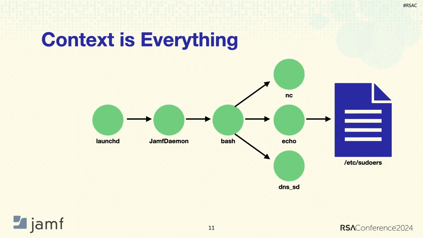However, if we expand the process tree and look at maybe other siblings of that bash shell, these also tell a story. So I can see here that netcat was run, the TCP Swiss Army knife, right? This bash instance also runs DNS_SD. This is a tool built into macOS that can look for open Bonjour connections on the network. This is a little more concerning to me. I've seen attackers use this. I've seen APT actors use this command to look for open SSH servers across the network, because when you enable SSH, you are now broadcasting that over Bonjour. So this looks like somebody is looking for those servers to connect to.